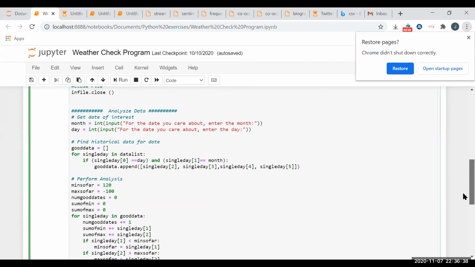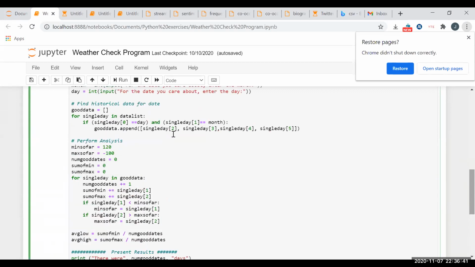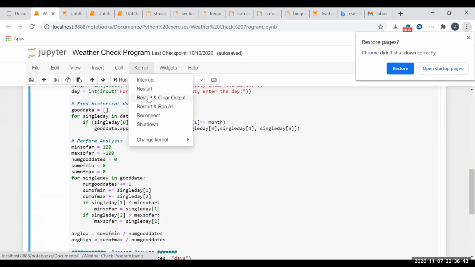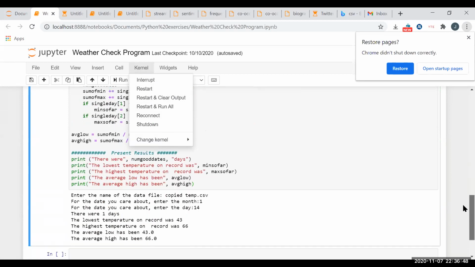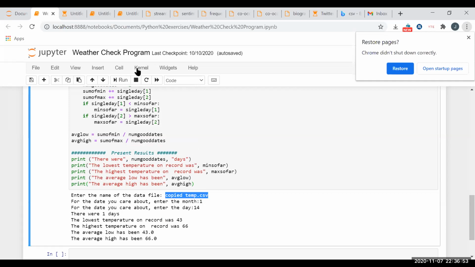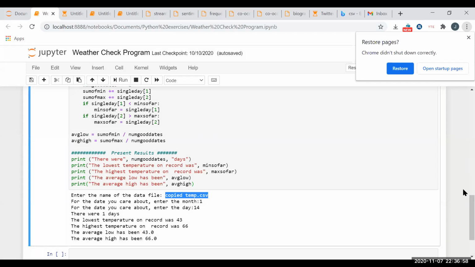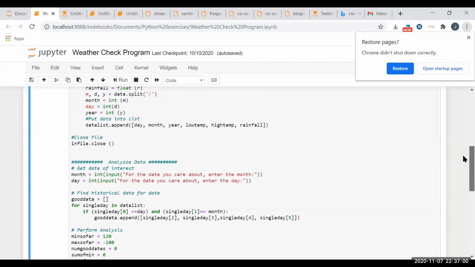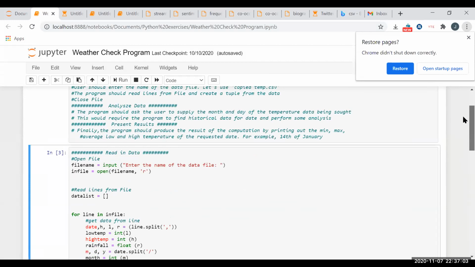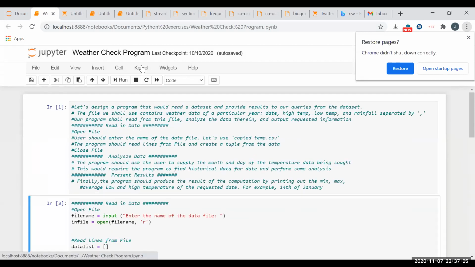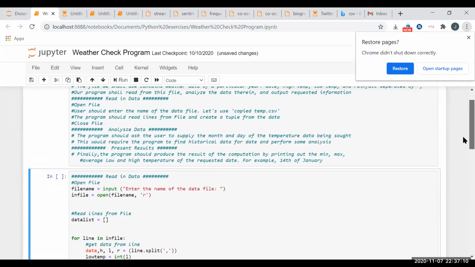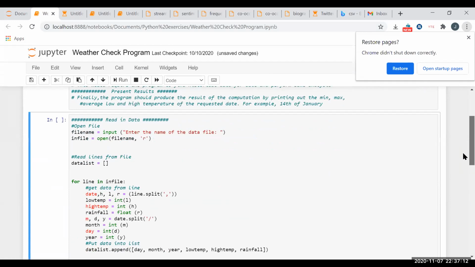And from what I have here, let me clear the output, because I have to test run it before coming to illustrate. So let me just clear the output and start. The database that we are taking is a database of weather temperature,